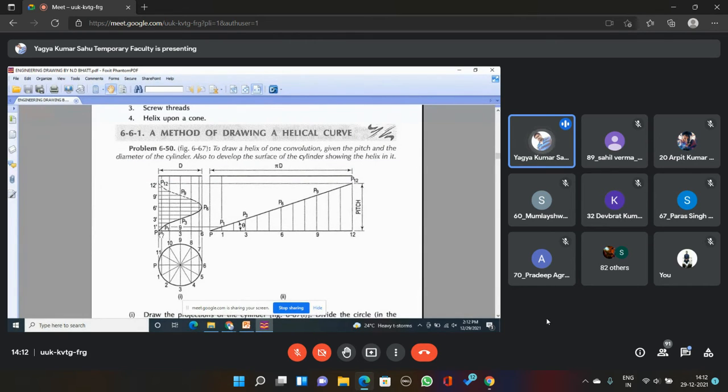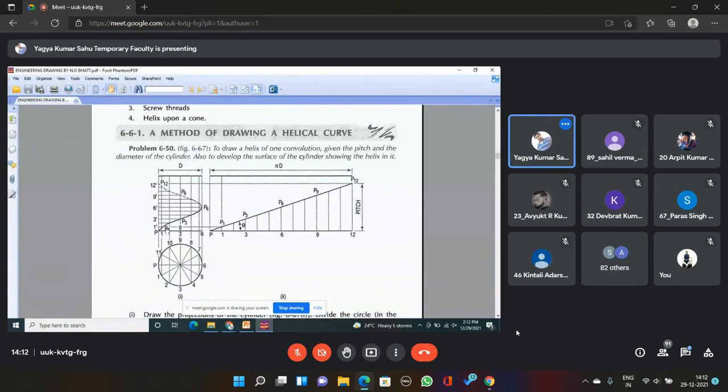Is it okay? The pitch is 12 centimeter. So what about the distance P1 dash, 1 dash, 2 dash? It is divided into 12 equal parts. So one part will equal 1 centimeter. Okay, so now suppose the point moves around the surface, and the distance of P1 from 1 dash